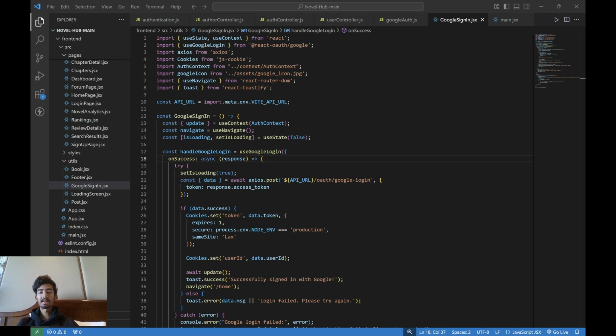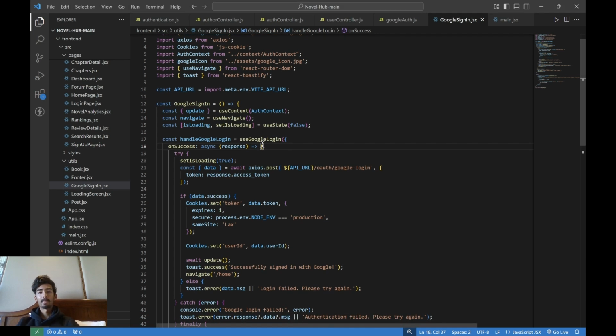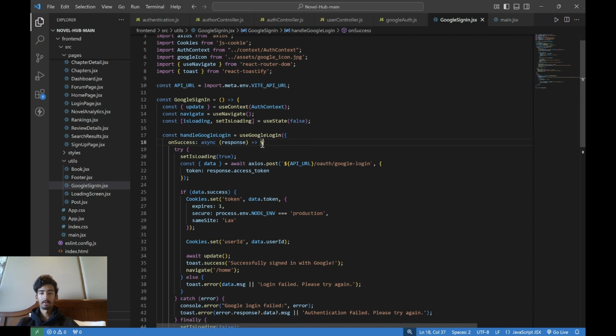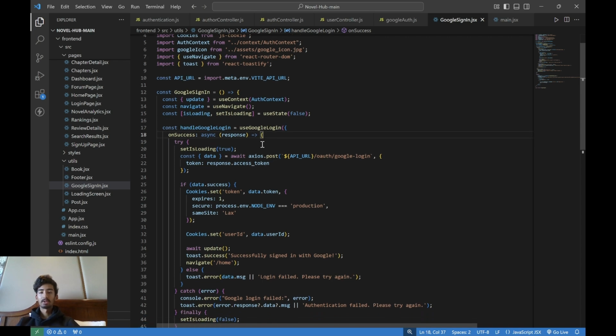Assets like the Google icon and utilities like useNavigate from React Router for navigation and toast for notifications are also imported. Next, we have the setup and state. The auth context is accessible to invoke the update method, which updates the authentication state after logging in. Navigation is enabled with the useNavigate hook, and a local state variable, isLoading, tracks the loading status